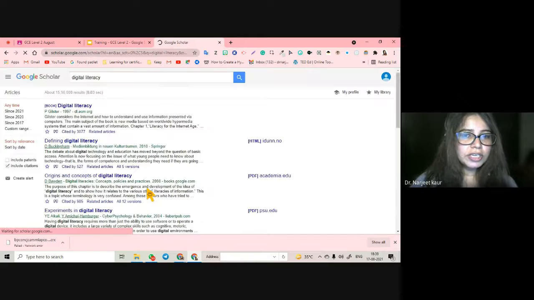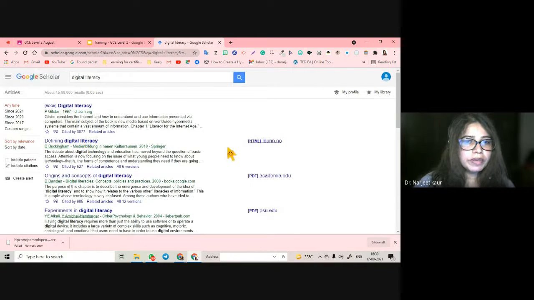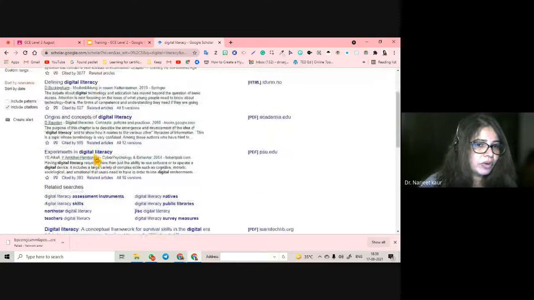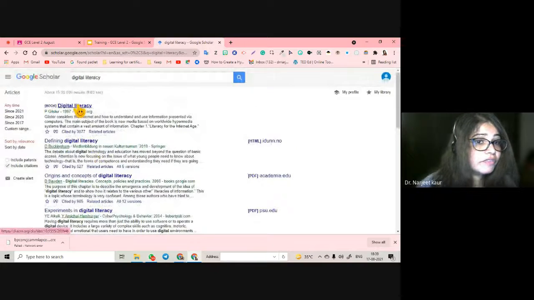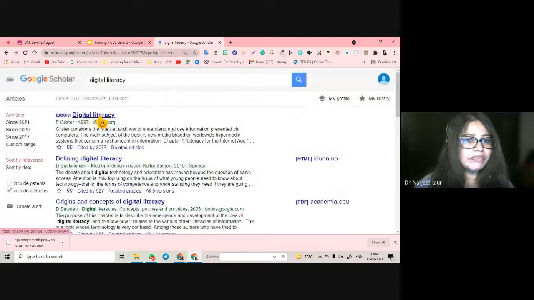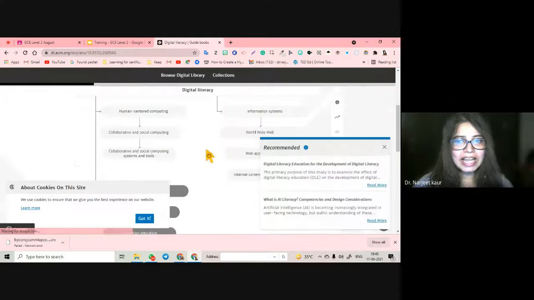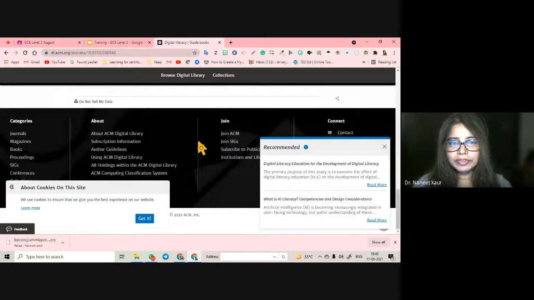I click on digital literacy, and you see all these options open up before me. All these are articles. They are not websites, I'm telling you, these are articles which are opening up before me. Now I can work with more articles from here. I can work with lots of options for these articles. For example, if I click on this article, digital literacy, you will see it is opening up an abstract and then the article for me.